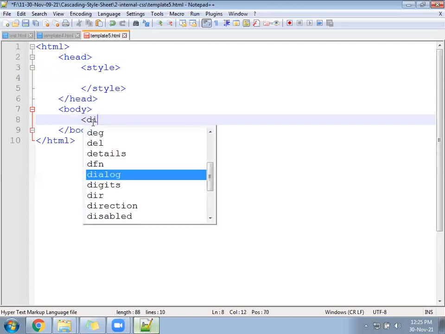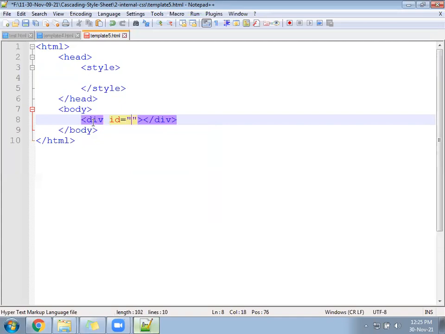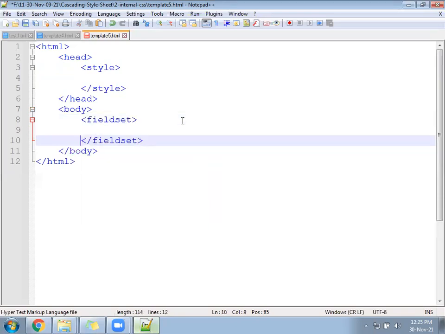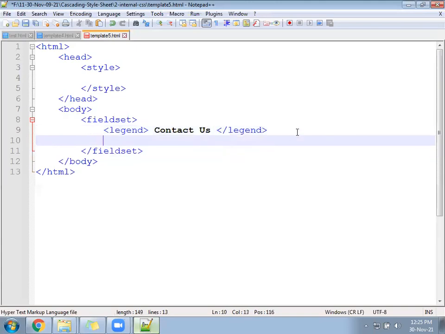So we'll follow the division, ID equal to... or not division. You can follow this one also, called fieldset, so that it will be well designed. Fieldset, with a legend inside it, something like Contact Us. A few basic designs we are going to do for the input elements: buttons, text box, text area, drop down.